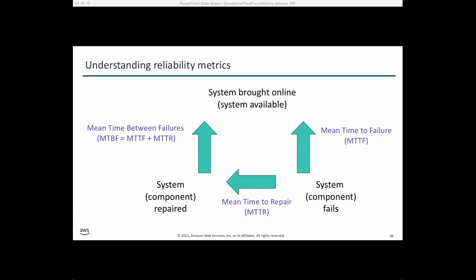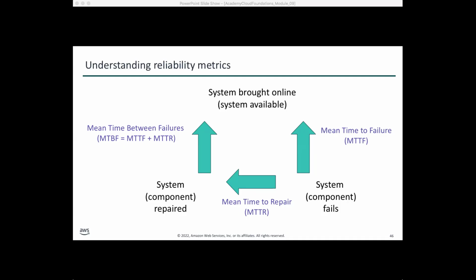This happened repeatedly. Some weeks the system is available, I'm just giving a random example. The system could be available one day, another half day, and a few hours you take to fix it. Again, it failed for some hours. So you calculate the average time to repair if these things are happening repeatedly, and the average time the system was working, available or online.